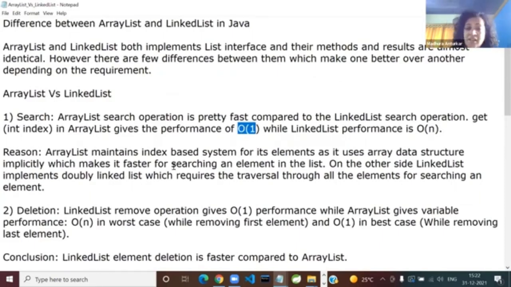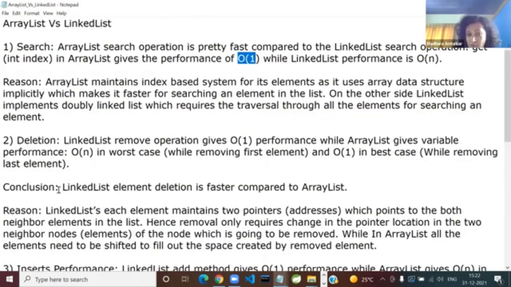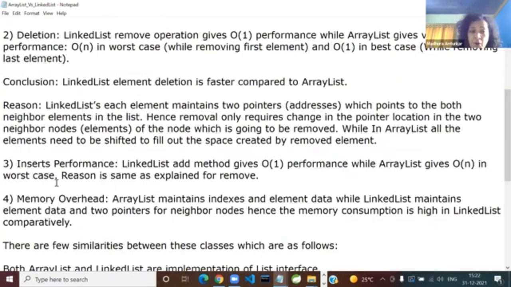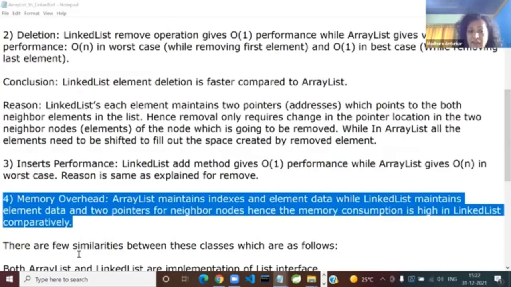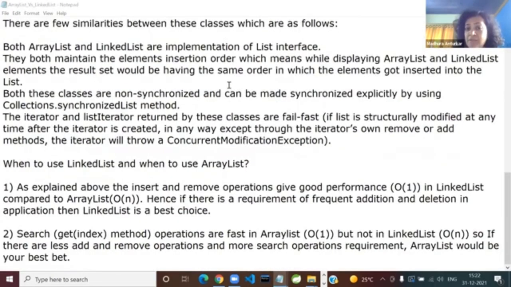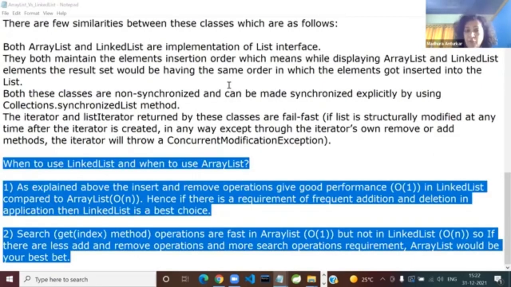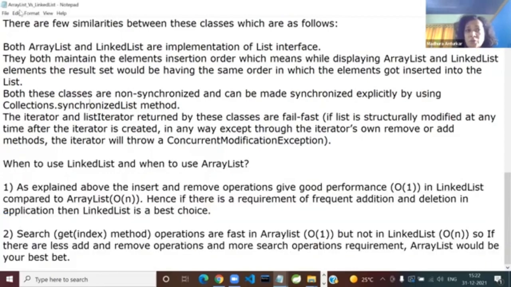So time complexity for insertion, searching, and memory overheads, which is more memory consuming, and the similarities, and most importantly, when to use the ArrayList and the linked list is all explained in this README. So please mark whenever you get day 14 help, everyone has to go through the differences between ArrayList versus linked